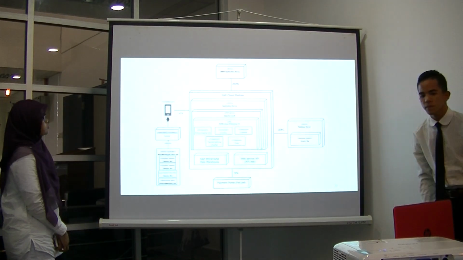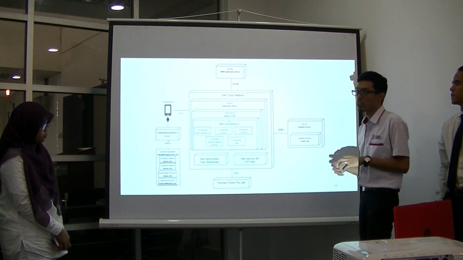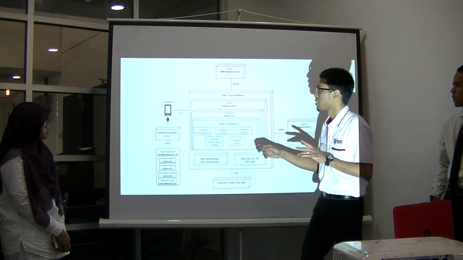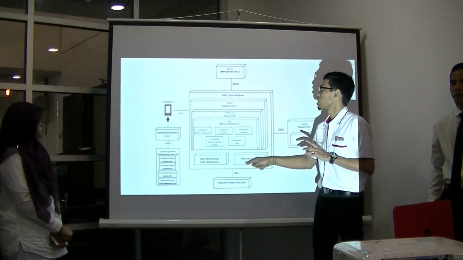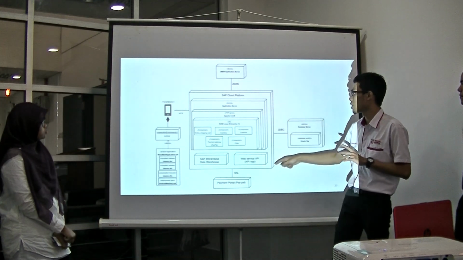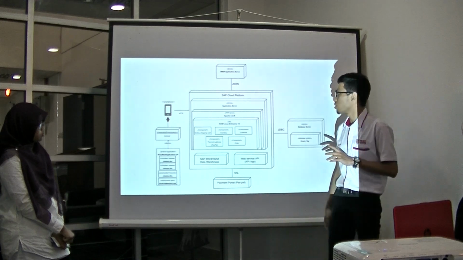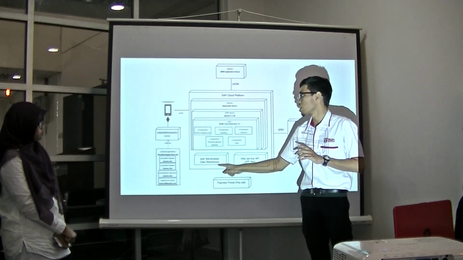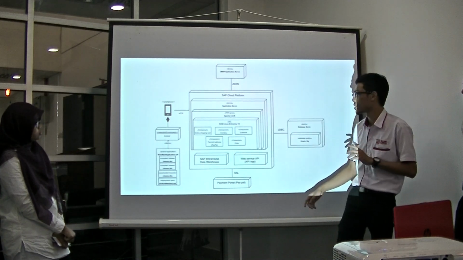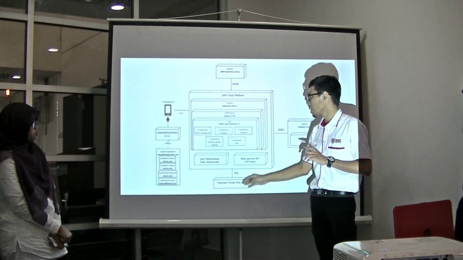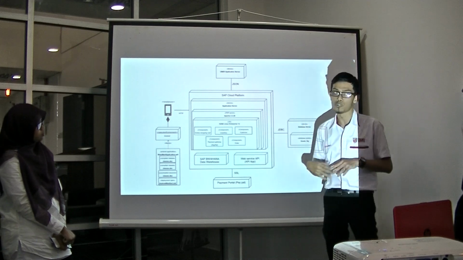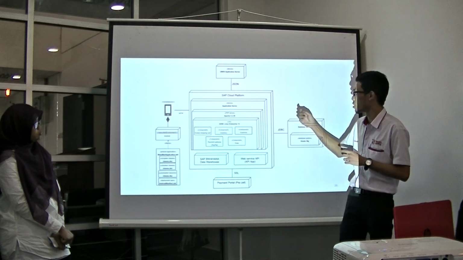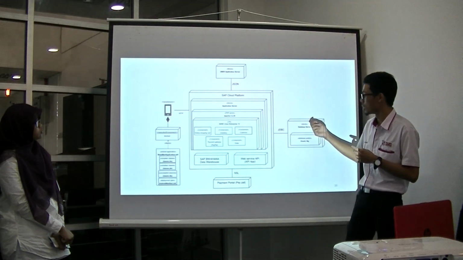Okay, next is our deployment diagram. As you can see here, we use an example of an Android device. Here you see the execution environment, and this is our SAP Cloud Platform, our hardware. Inside our SAP Cloud Platform, we have the application server and SAP BW for HANA for our data warehousing. So this is our web service API for Uber also, because we need to use an API to integrate with our Uber system.